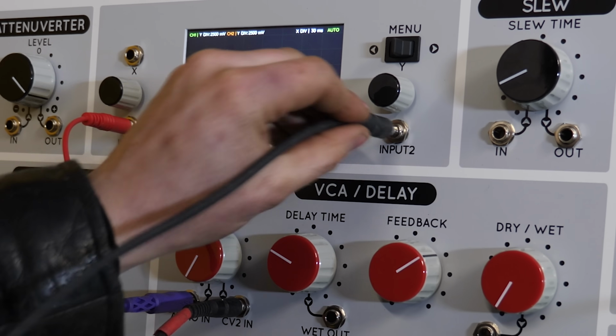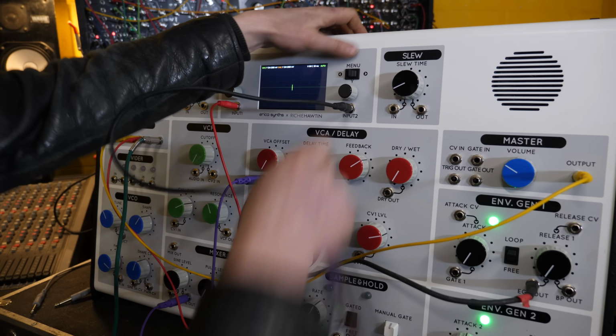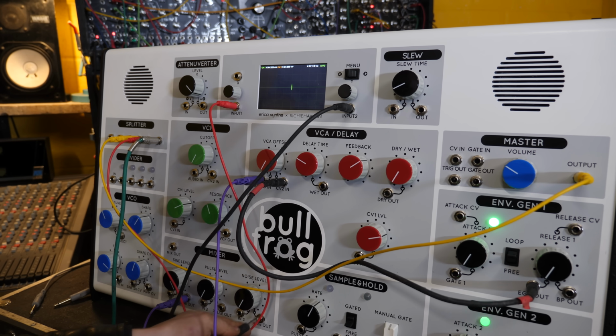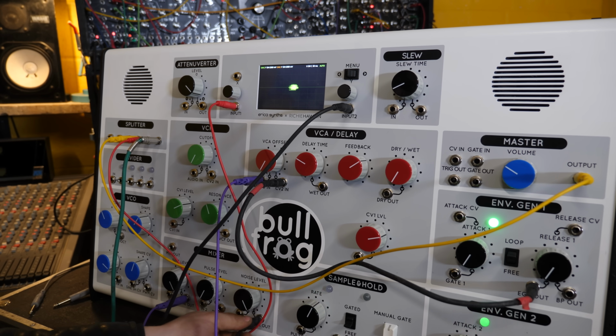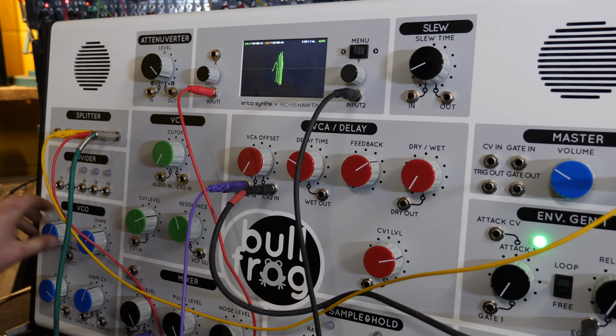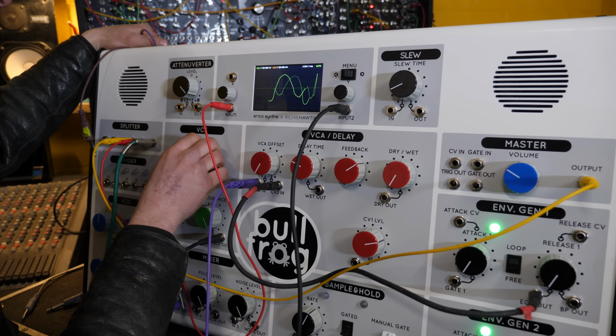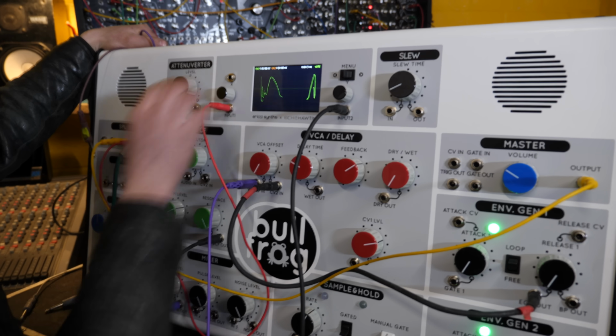We'll get input 2, which is the Y of the oscillator, of the voice, and we'll plug that into the noise. Get the noise out. Here we go. There we go. The cutoff actually kind of acts like a... There we go, this is better. So...